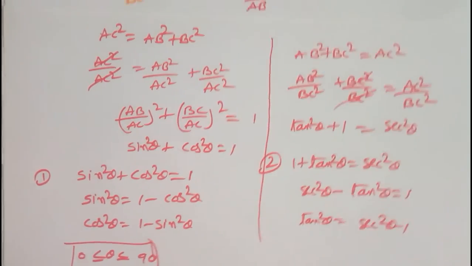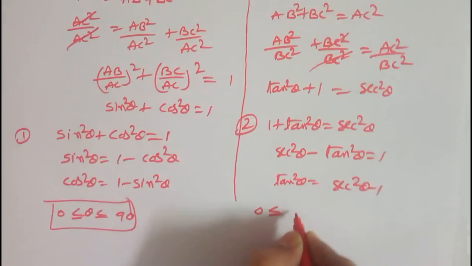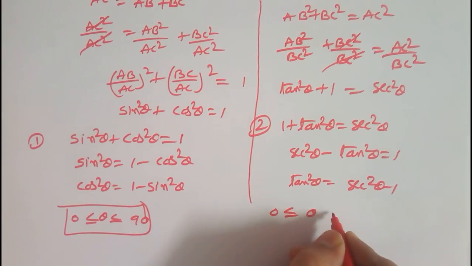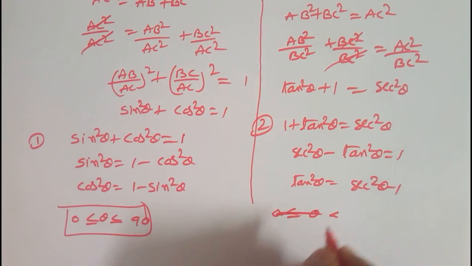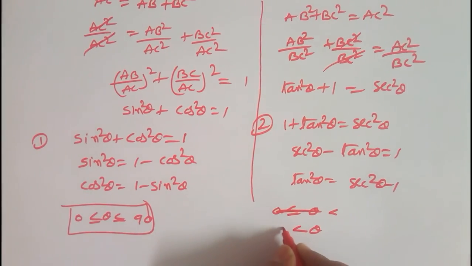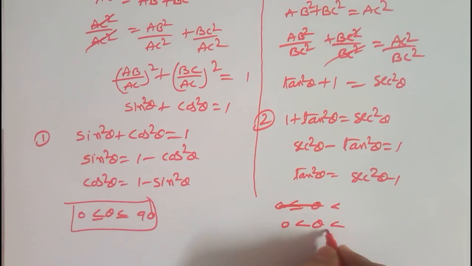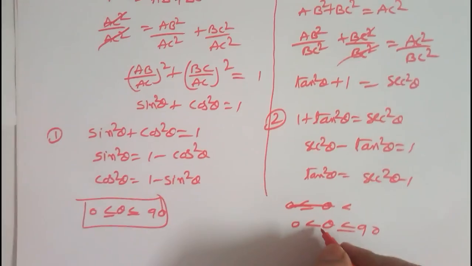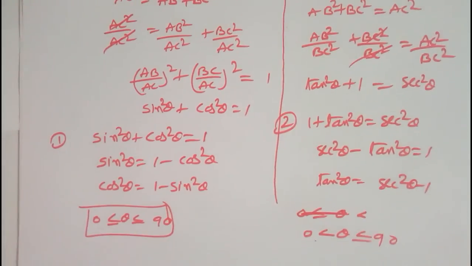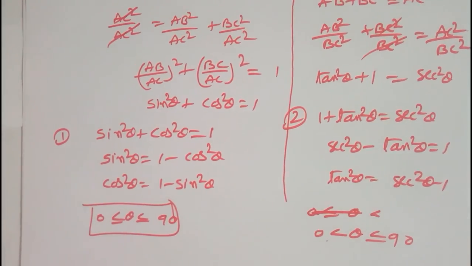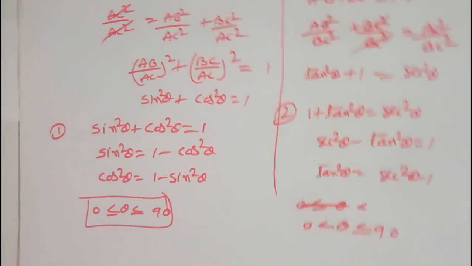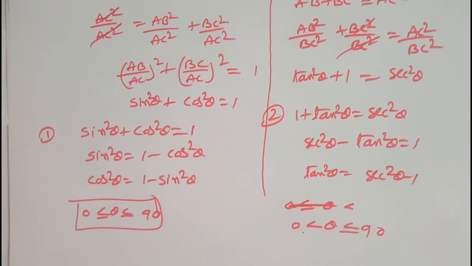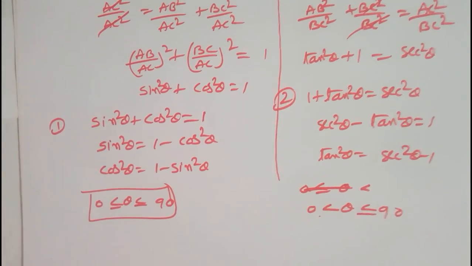We will give the condition theta greater than or equal to 0 and less than or equal to 90. Why is it not equal to 0? Why theta is not equal to 0? Here, what is the secant 0? Secant 0 is 1, but tan 0 is